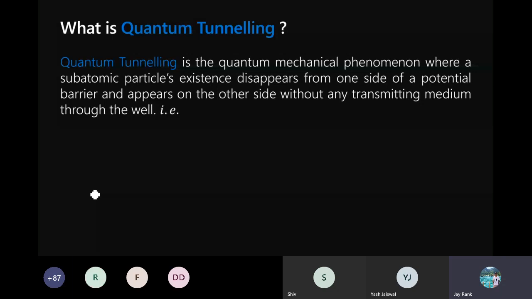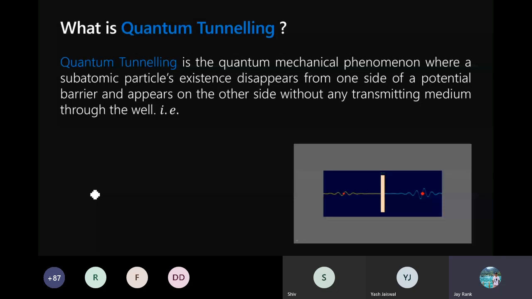Teleportation, okay, kind of. Yeah, you can say that it is a bit of teleportation, but not entirely, because teleportation focuses on bringing the entire matter from one side to another side, whereas quantum tunneling just focuses on passing a single qubit from one side to another. So you can see the qubit is transferred from one side to another, even though there's a barrier in between. This is how quantum tunneling works.